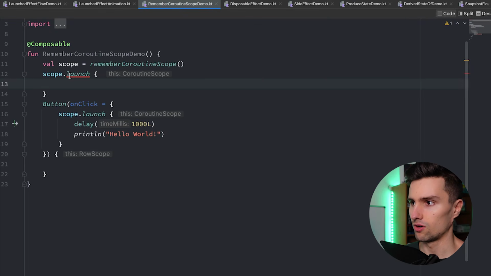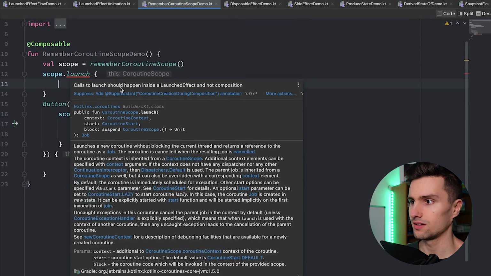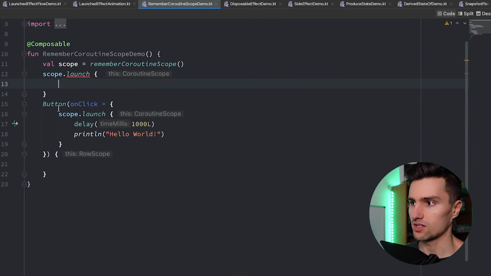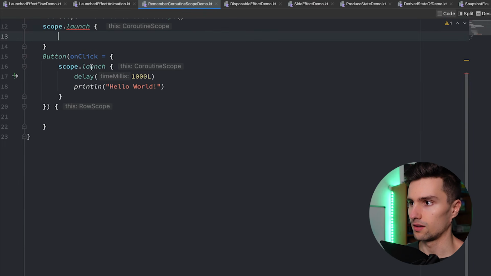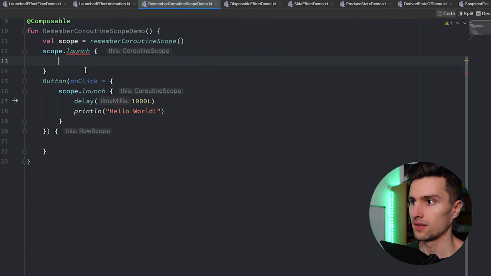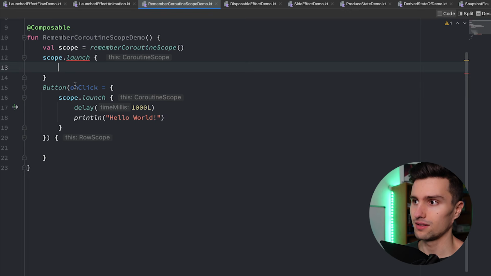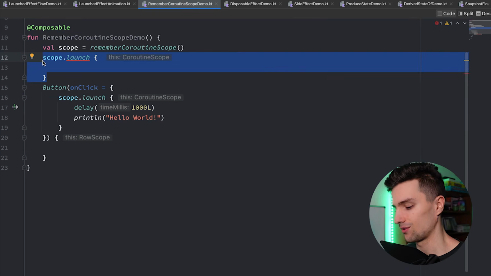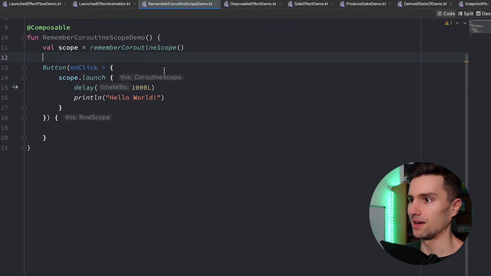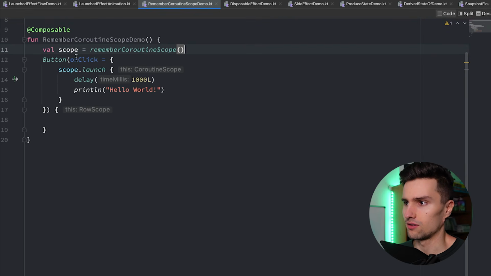It even gives us an error. It says that it should be done in LaunchedEffect or just in our callback here, like onClick. Because if you do this, then you would again have the side effect that you want to prevent. Because with every recomposition, you would launch a new coroutine here, which is very, very bad. So only use it in onClick, in onTextChange or whatever, just these typical callback functions, and then you're good to